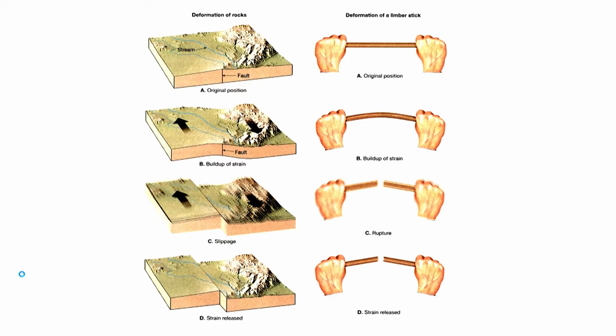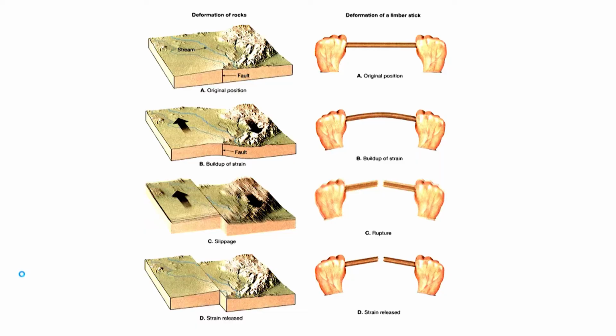As you know, when an earthquake occurs, it generally occurs along a fault line, but before that a lot of stresses are developed because of the movement of these crustal plates, like the Indian plate going below the Eurasian plate and so on. If we put this analogy, on the right hand side, if you bend a stick or a wooden rod and keep bending, there will be a stage when it will break, and that is exactly what happens in case of earthquakes.